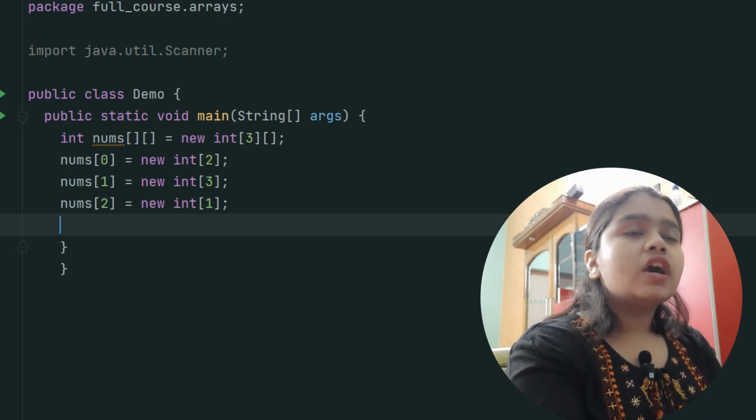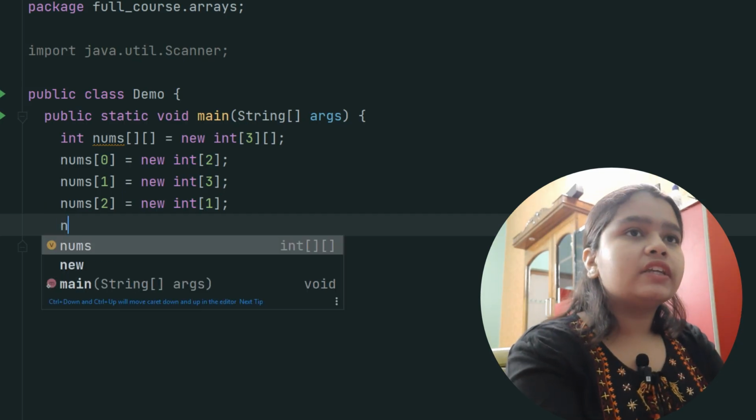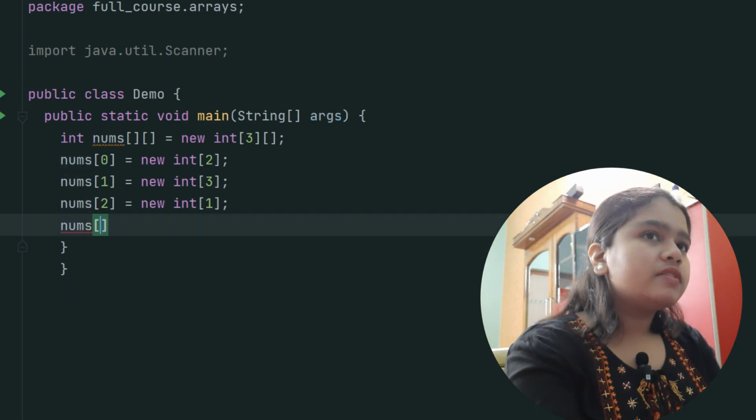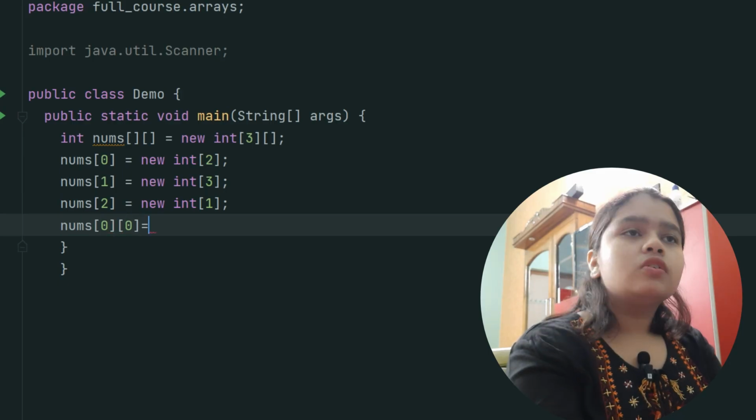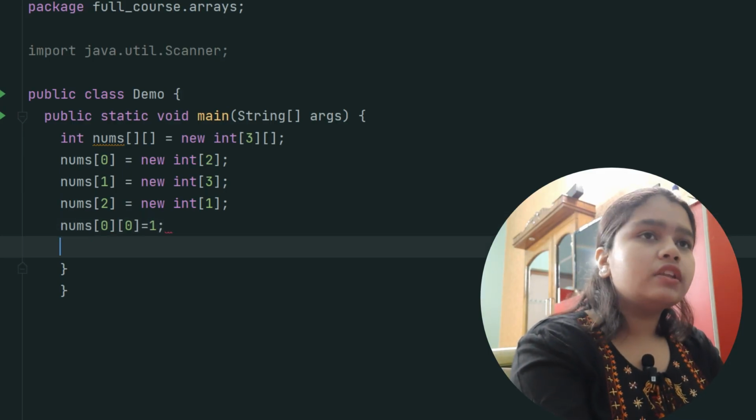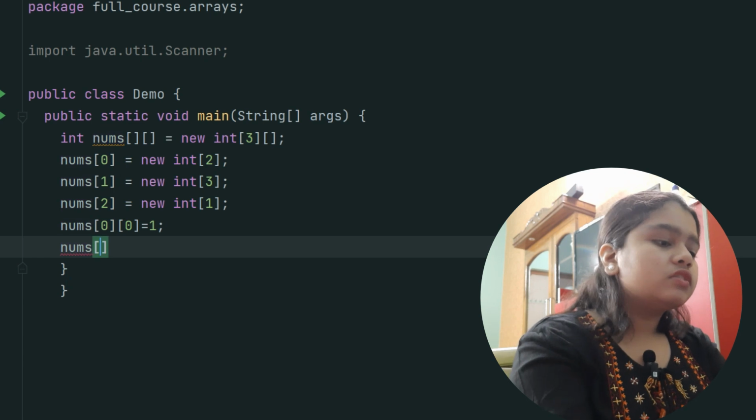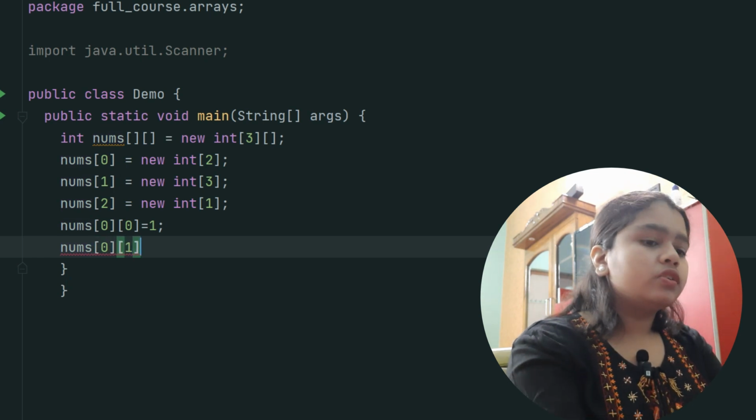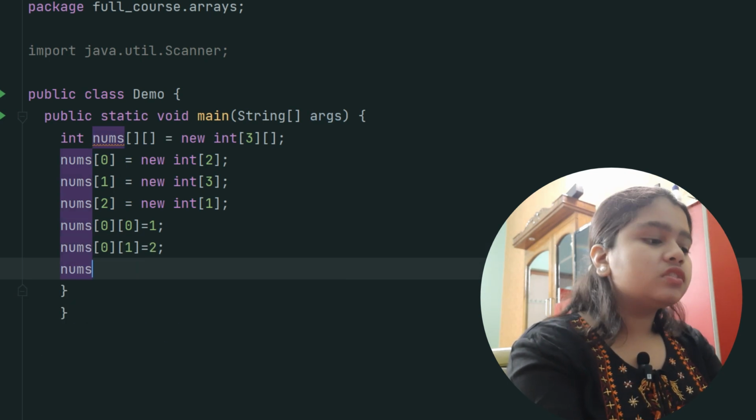Okay, now you have to start assigning the values. So at nums 0 0, you will have 1. At nums 0 1, you will have 2. At nums